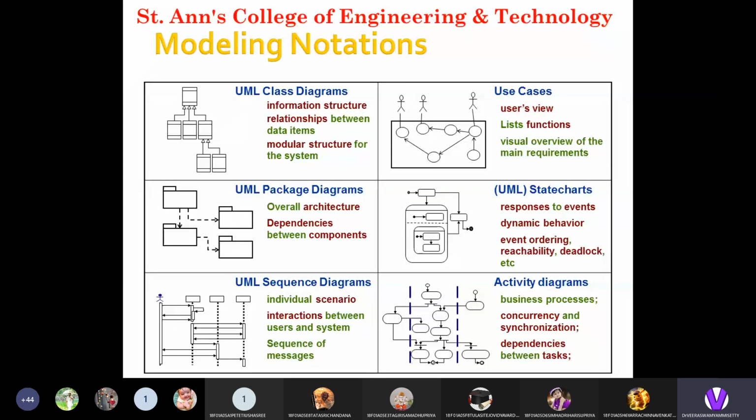Each can have a specific responsibility designed in the scenario. So we can clearly understand how the sequence diagram plays a key role in UML, with the set of messages exchanged between different aspects of the system.